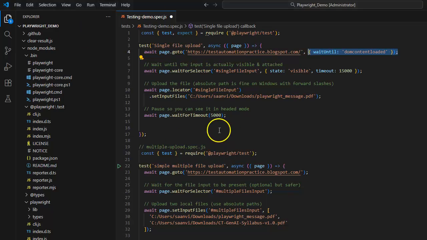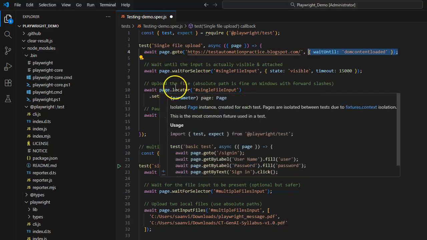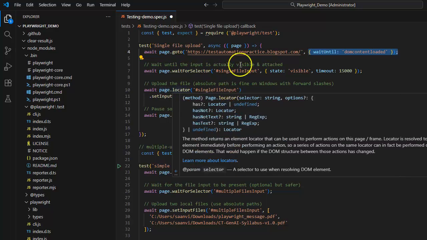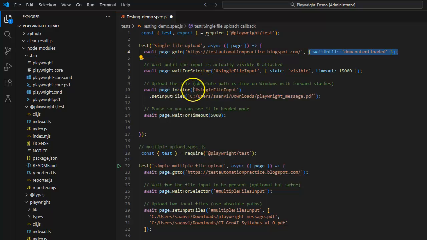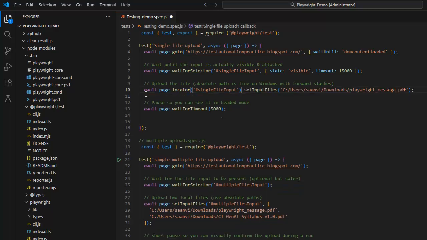So first we will write here the page dot locator and provide the locator here and which file we want to use. Suppose I just want to show you dot set input file. Which file you want to set here, you give the location of the file. I have already given here the location of my file, and after that this file should be visible. So here